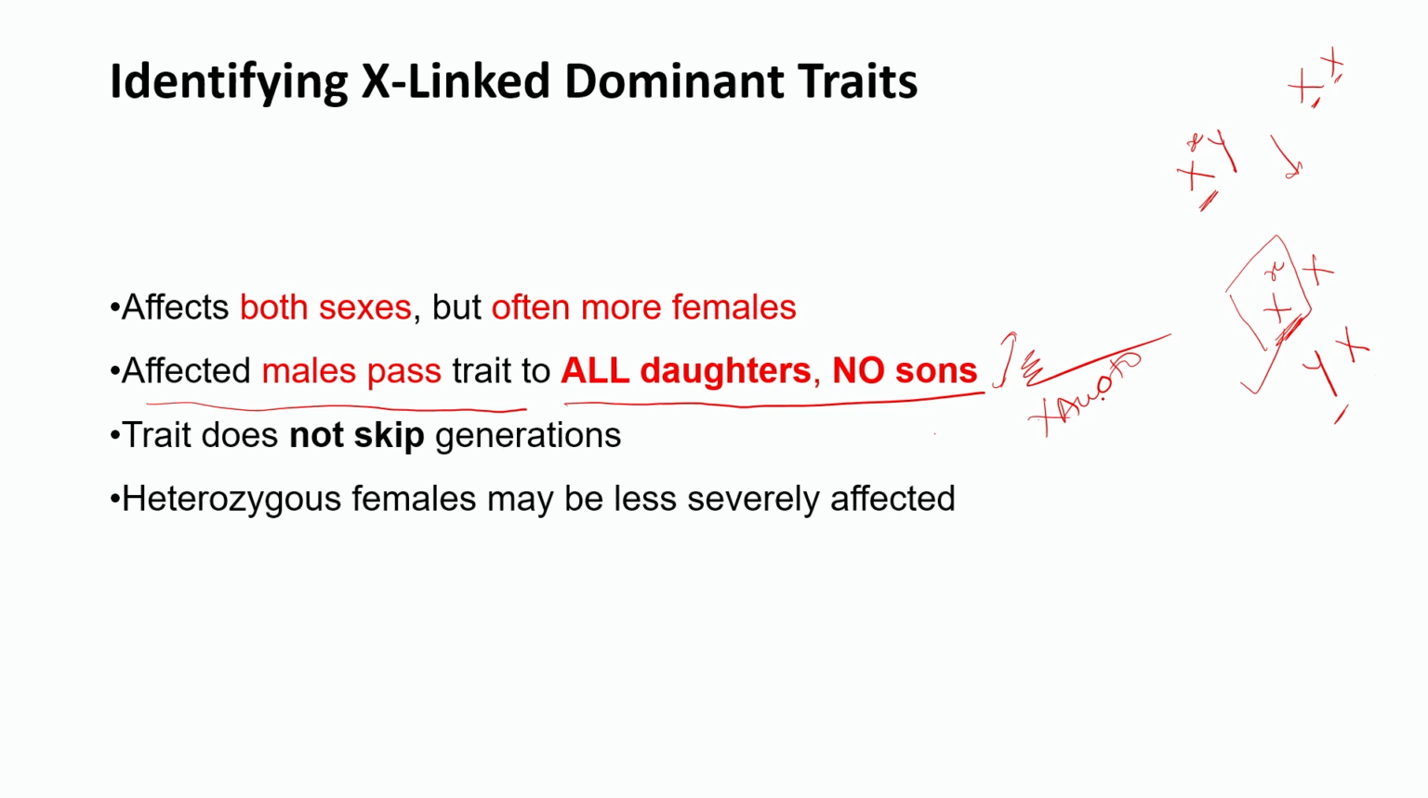Autosomal dominant type of inheritance never shows any bias towards the male or female offspring, right? So just going one by one to each point, it affects both sexes, but often more females, right? The trait does not skip generations, as we see in case of autosomal dominant as well. Heterozygous females may be less severely affected because definitely they have 2 X chromosomes, and we will discuss it in